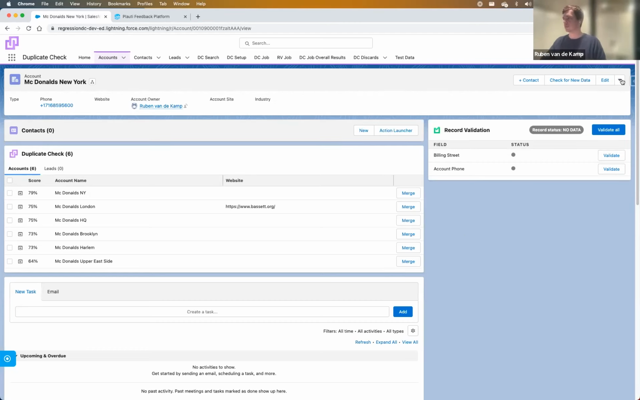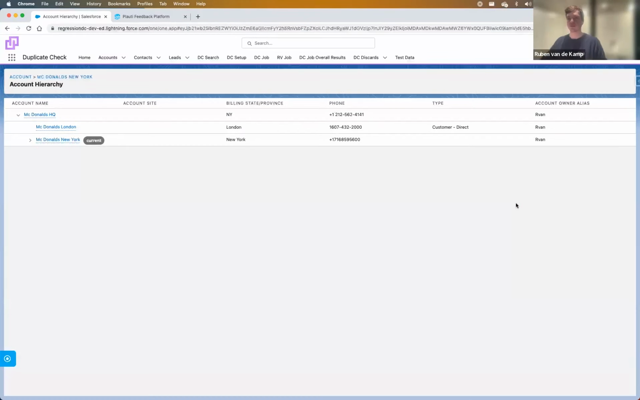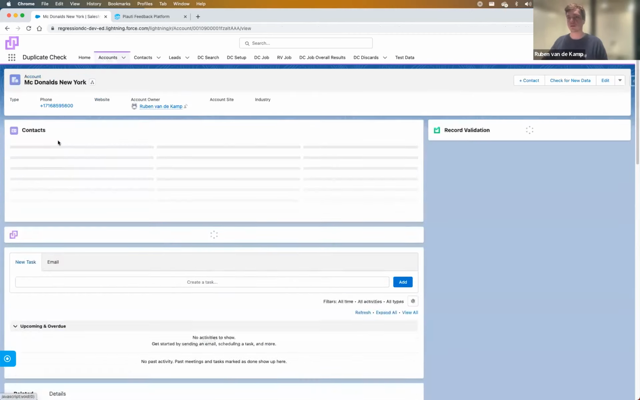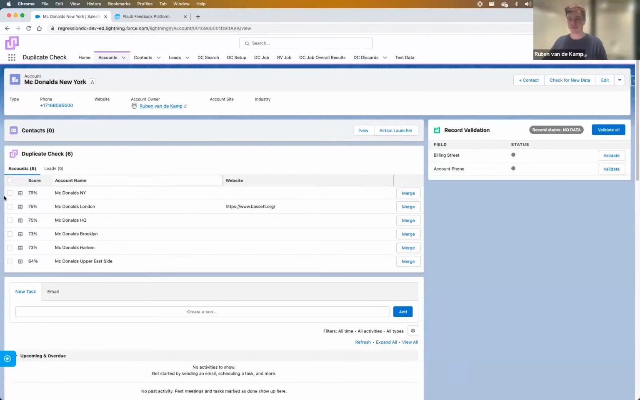Just to prove to you guys, when I switch to the account hierarchy here, you can see that all of these records are connected in a hierarchy. So we've got the headquarters, London, New York, and then under New York, Brooklyn, Harlem, and Upper East Side. And if I switch back to the record, we now see that DC Live is picking up all these dupes. And if I switch to the DC setup now